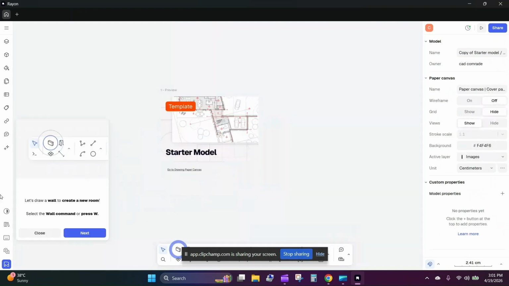Then let's draw a wall and create a new room. So here's the wall and command of press again. So all the